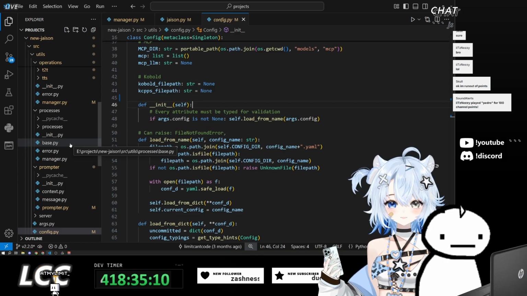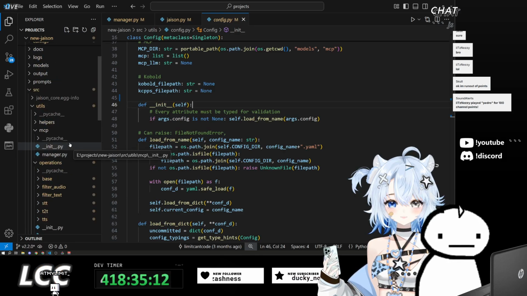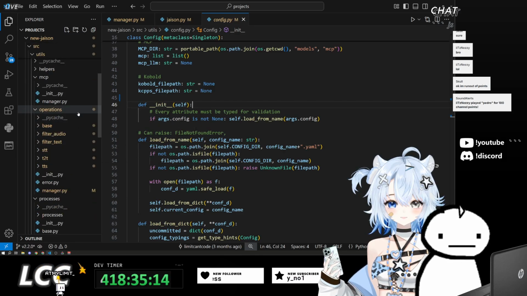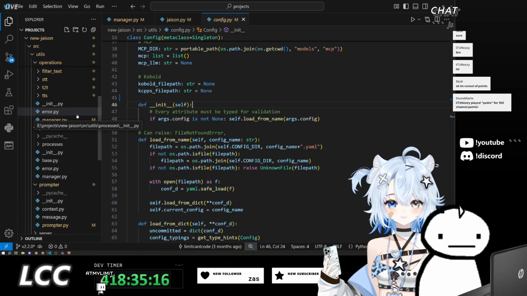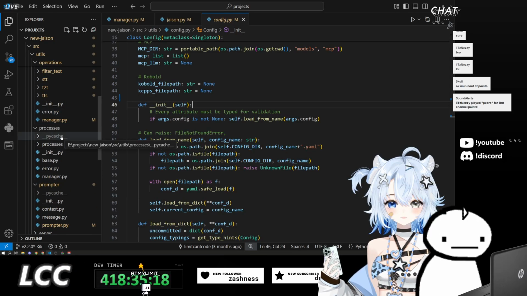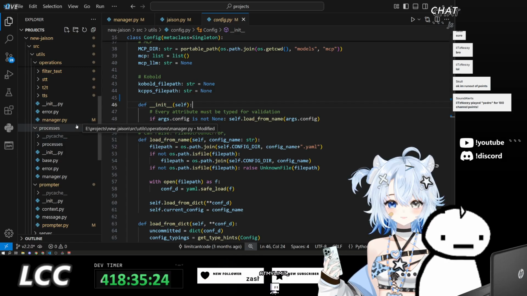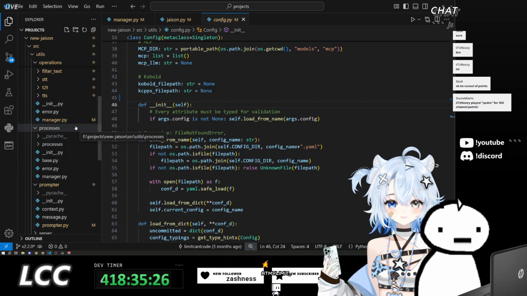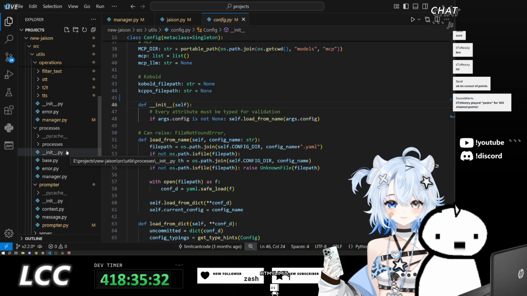Because then I would need to specify a new get configuration for every single one of these operations, prompter and processes. I guess I would need to do that in general. It would be better practice for me to do that. Oh, but that's so annoying. Oh, there's too many integrations.